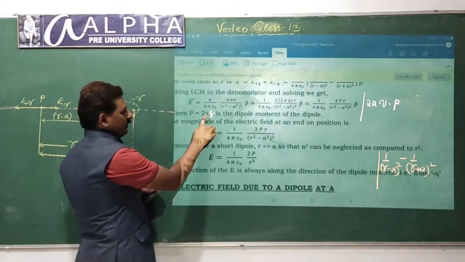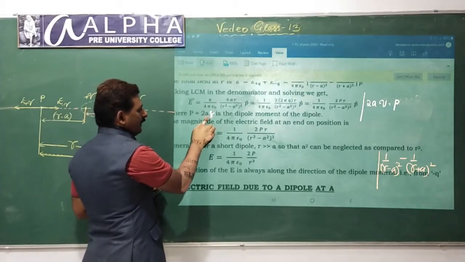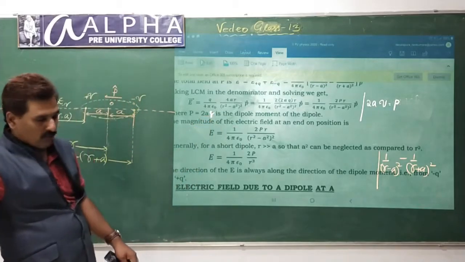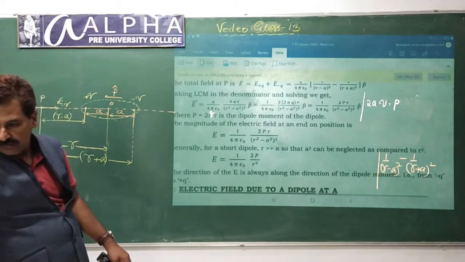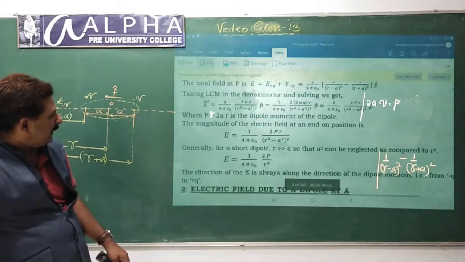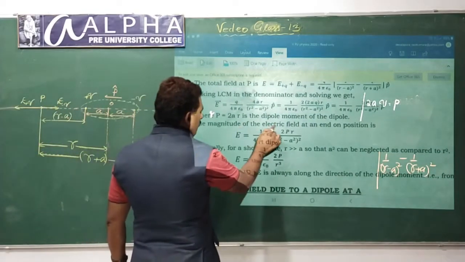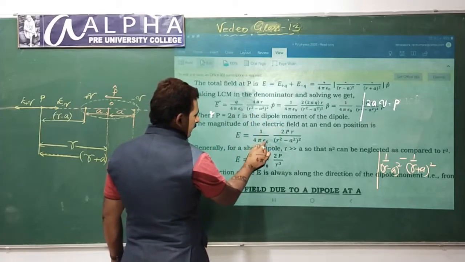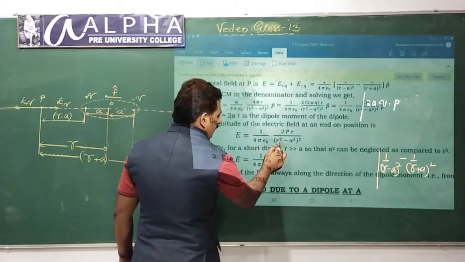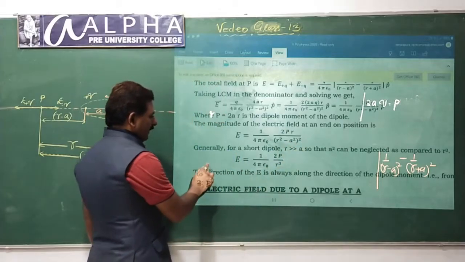We change this to AR, it is wrongly printed, make it 2AQ. Therefore, finally you write this way. Magnitude expression is 1 over 4 pi epsilon 0 into 2pr by r square minus a square whole square. In general,